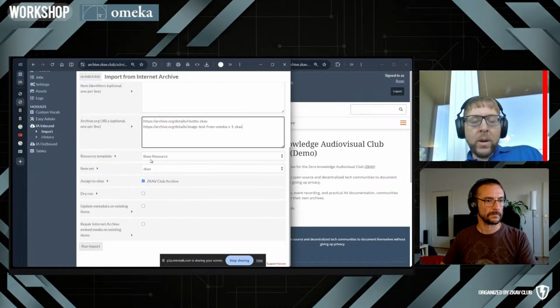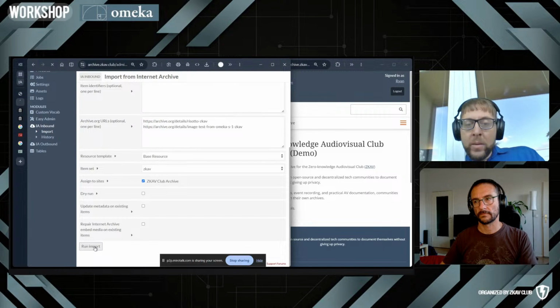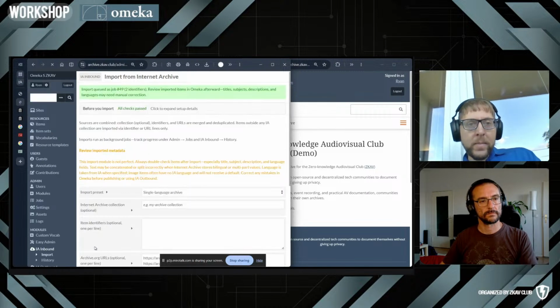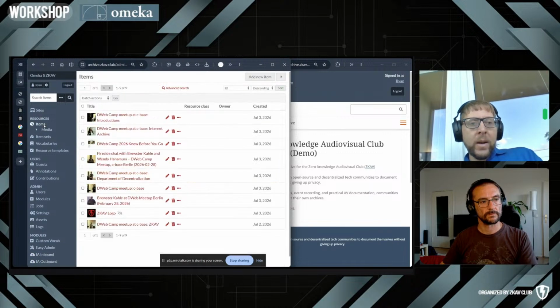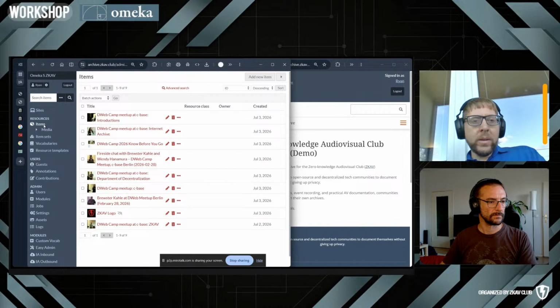They're already set to the correct resource, they're already set to the correct item set. We will run import. And then if we go to items, after the import process is complete, if we refresh this a couple of times,